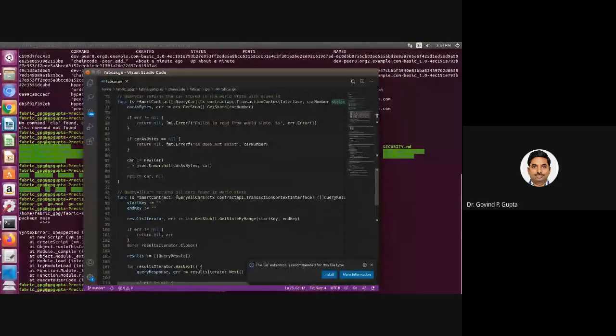Suppose you want to query all cars, to display all cars. In a smart contract you have to write different kinds of transactions required by the peers, and all the organizations must agree.